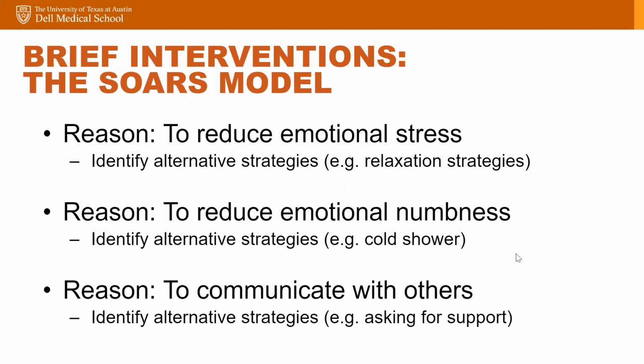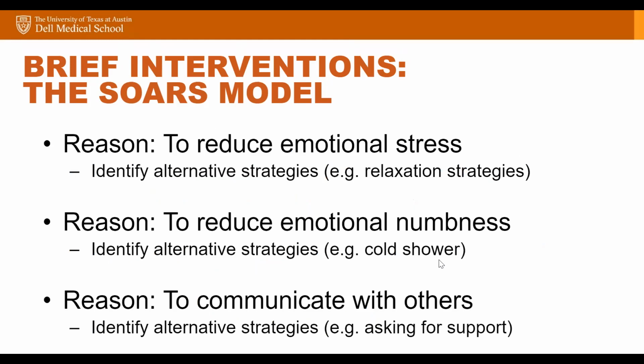So here's a brief overview that's provided by the SOURCE model regarding intervention for NSSI, and specifically brief intervention itself. What the model advocates for is that intervention be geared or focused specifically on the responses that are offered regarding reasons for engaging in NSSI. So for example, if a child discloses that they engage in self-injury as a way to reduce emotional distress, that may be indicative of a need to identify alternative strategies to manage that emotional distress.